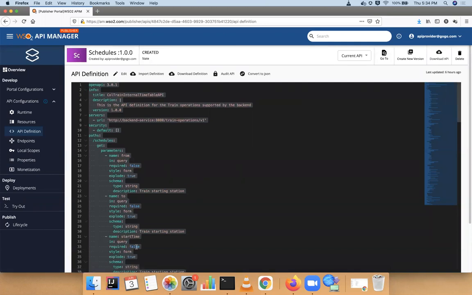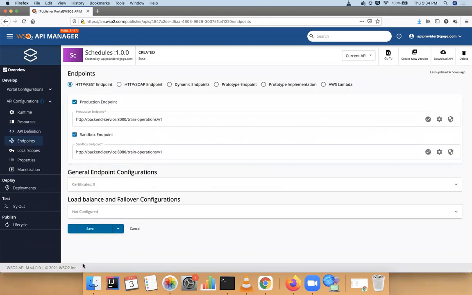So this is my API definition, and here you can see your open API definition. You can edit it, modify it, and you can convert and download it. So then this is my endpoint section. So in the endpoint section, we have